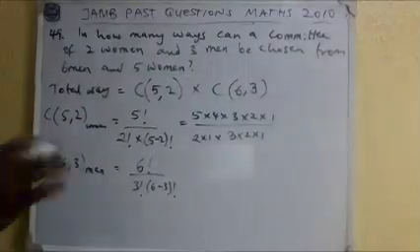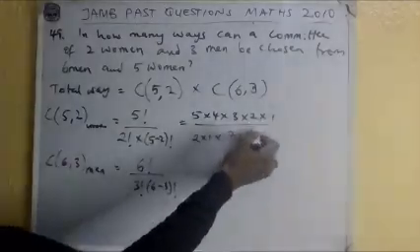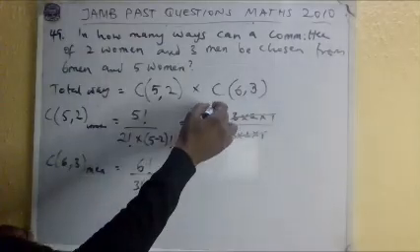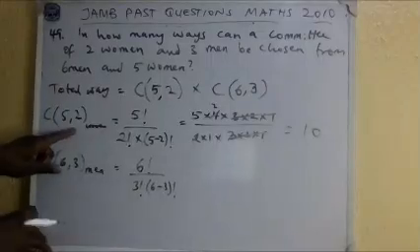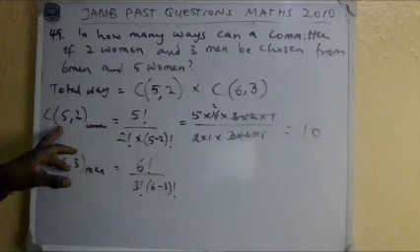Just count down, run it down, multiply it by running it down. So this one, we go with all this one. And this one, we go with this one, 2. So the final answer, 5 times 2 is 10. So the combination of 5 to 2, that is to get 2 women out of possible 5, is